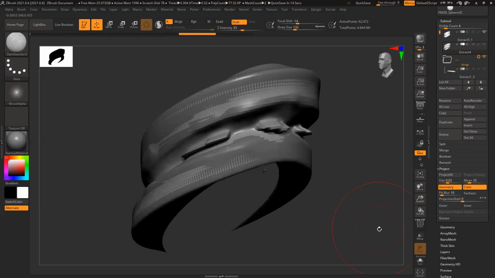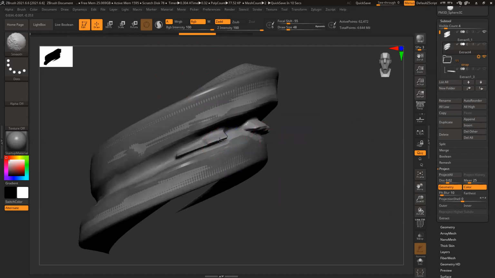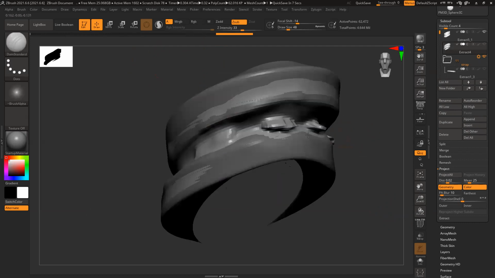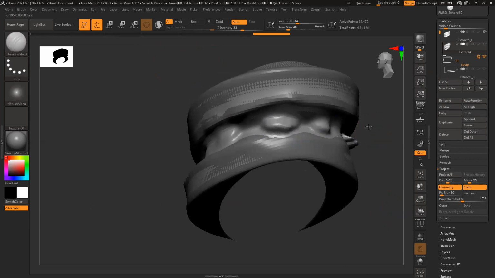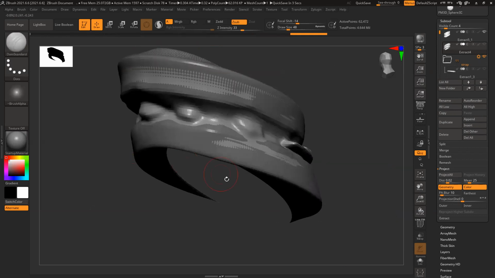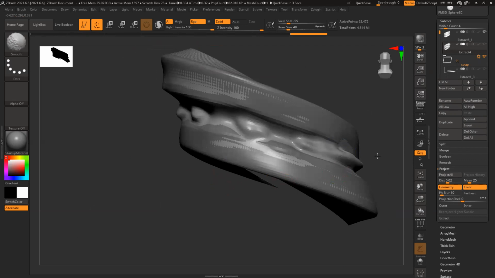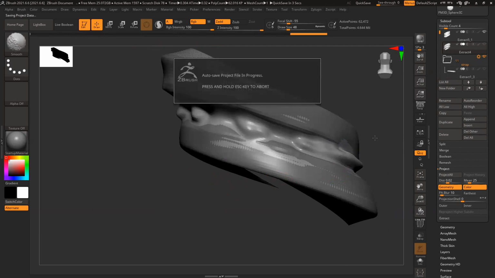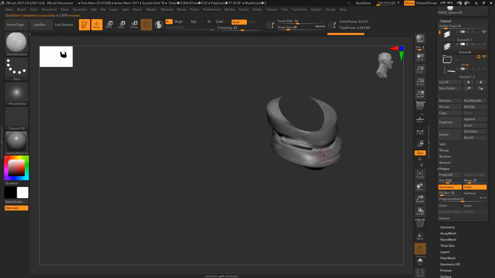Sometimes it will give you this kind of little error, but this much I can handle by hand. Previously it was too much, so I just simply smoothed that section. So it's basically copying the design from one model to the second. Yes, yes, that is what is called projection. So we can do that.